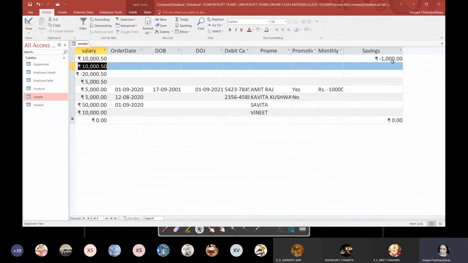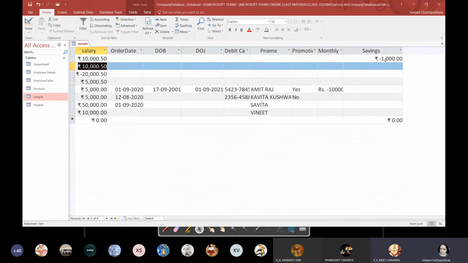This minus 1000 represents that I have borrowed this 1000 rupees from someone, and I have to return it to that person. It's not my savings, it's becoming a liability for me. Understood? Savings are assets. But this negative value represents a liability which I have to fulfill sometime. So savings can be positive. Positive means it is savings, and negative means I have borrowed this from someone. Understood?